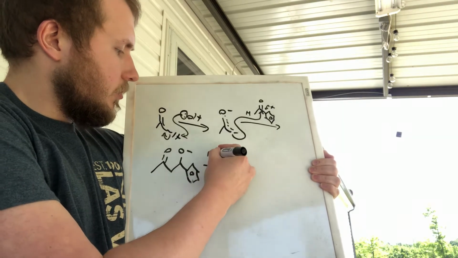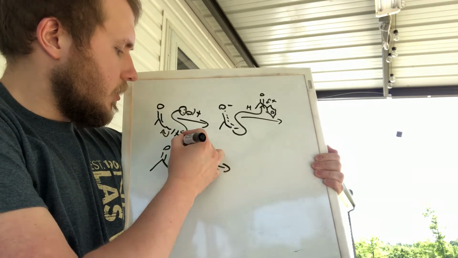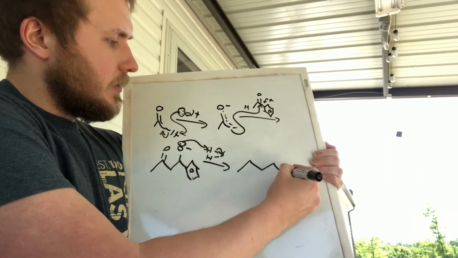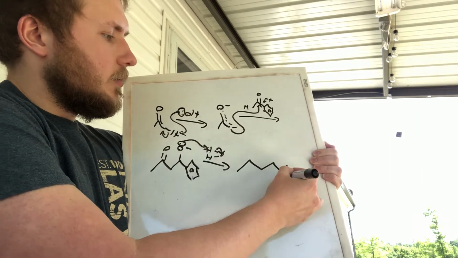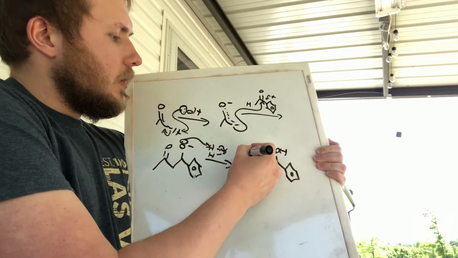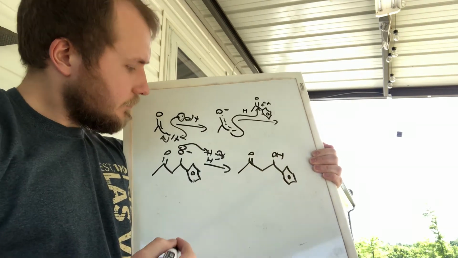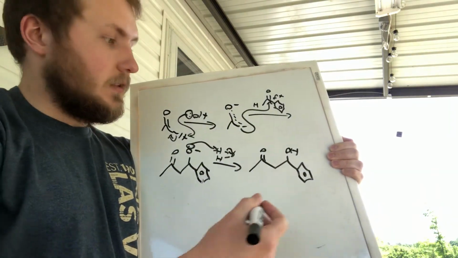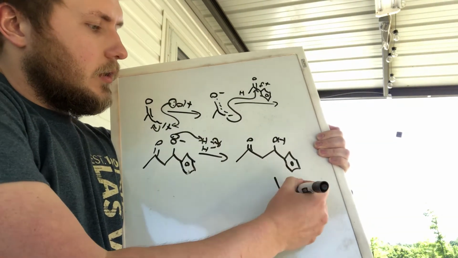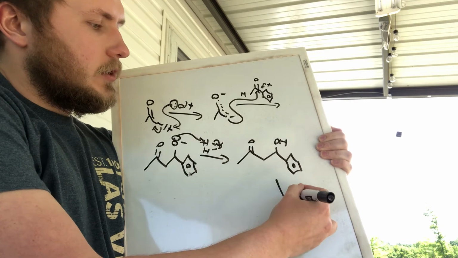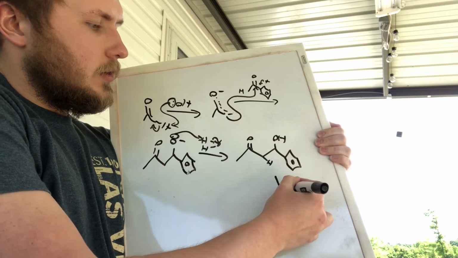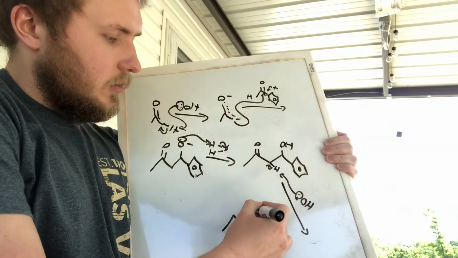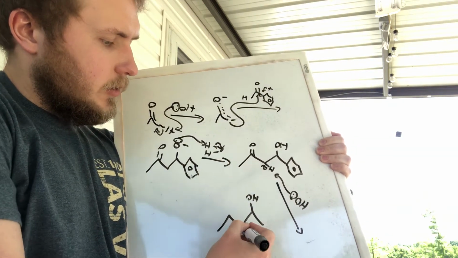which is going to be protonated by a molecule of water to form the beta hydroxy ketone. However, this only completes the aldol portion of the aldol condensation reaction. And in order to complete the condensation, we're going to have to again deprotonate at the alpha position. This is going to form a carbanion